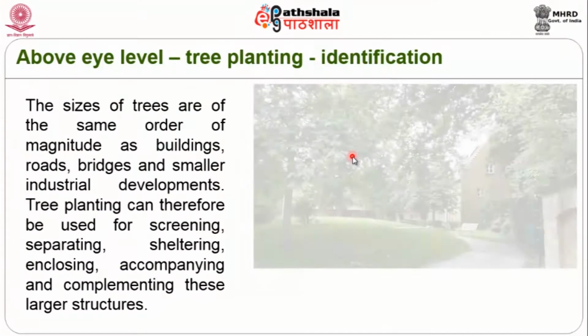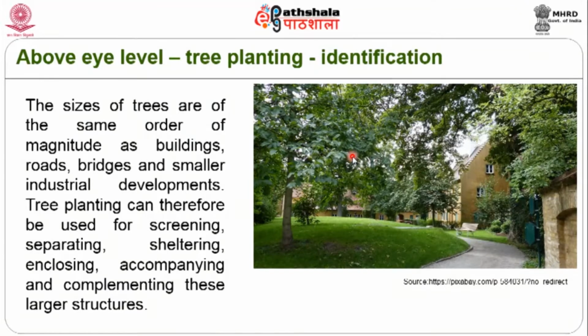Then we go to above eye level, that is the tree planting itself. Here we have trees coming into the picture. So far we have been seeing lower height plants, the shrub varieties which are waist height to eye height and slightly above eye height. And afterwards we go on to the category which we are very familiar with, the tree category, the tree planting itself.